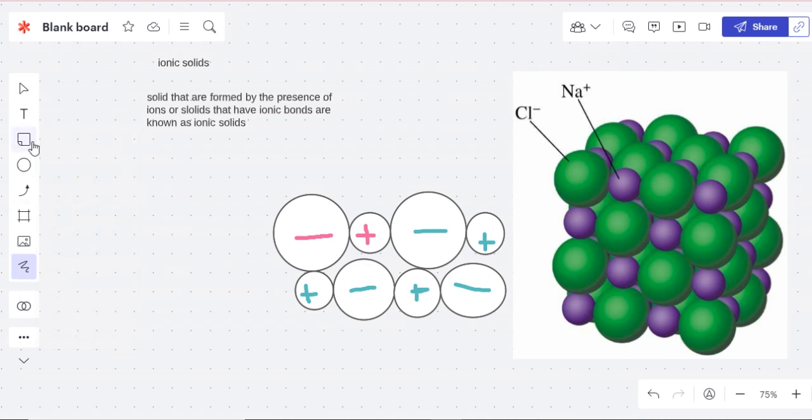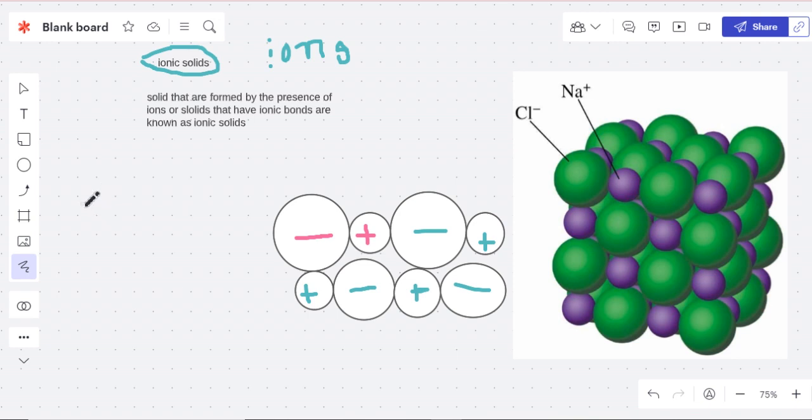Today I'm going to talk about the classification of solids. The first is ionic solid. Now what is meant by ionic? As you can decode from the word, ionic means ions, the presence of ions. So first we're going to read the definition. Solids that are formed by the presence of ions, or solids that have an ionic bond,